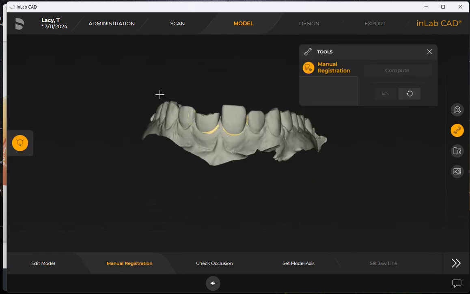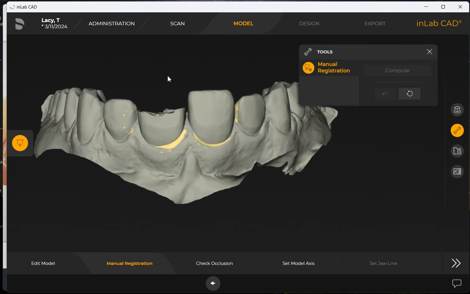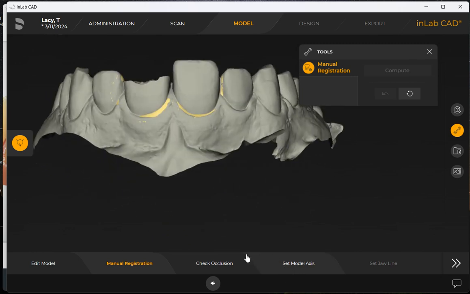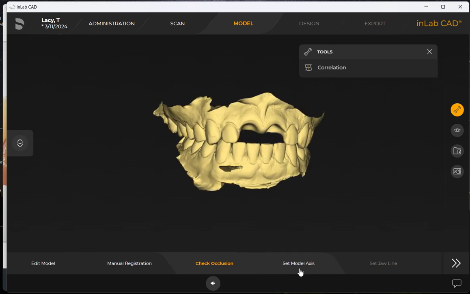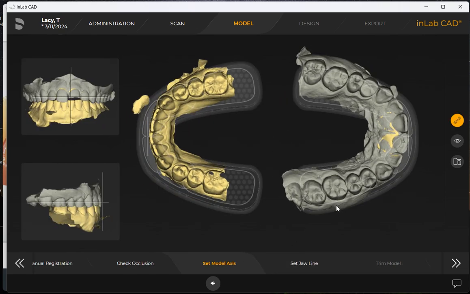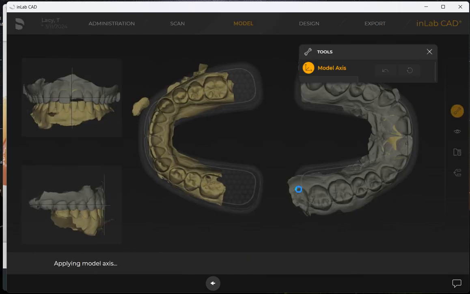We can see that our biocopy is still fitting over top of our trimmed upper jaw model. So now from here, we're going to go through all the steps, checking our occlusion, setting our model axis, setting our jawline,